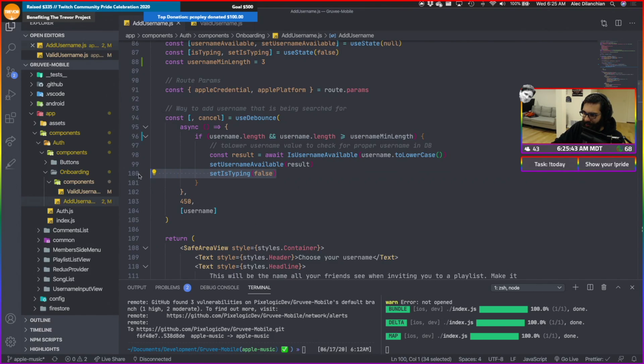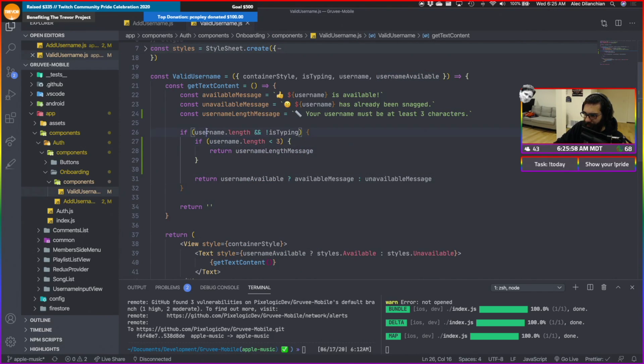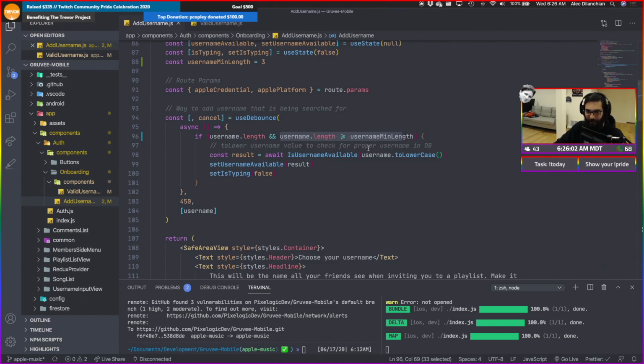It's because set is typing is never called. So we run into this logic where we say username length and is not typing, and it still thinks we're typing at this point. Yeah, so we need to do that.